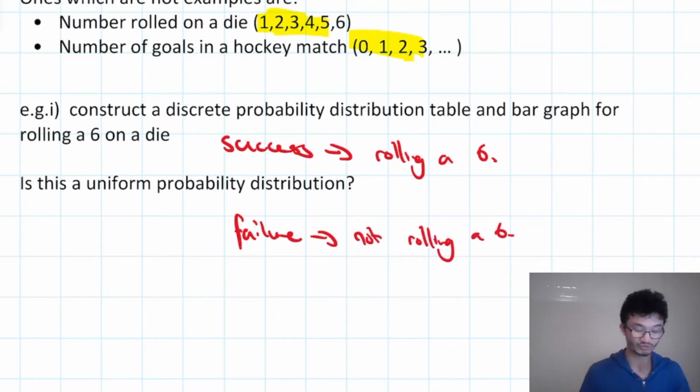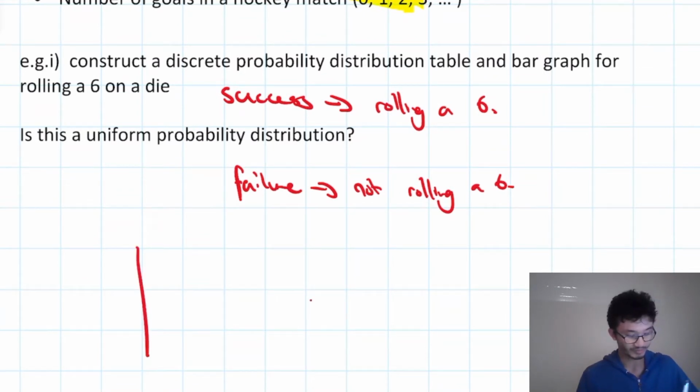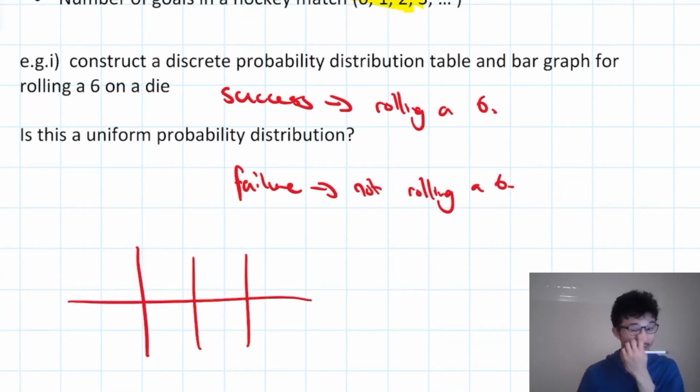So what does it mean to construct a discrete probability distribution table and a bar graph? Well, essentially, when we look at representing these Bernoulli random variables, there are many different ways we can do it. A table is a common way, right? So when you think about a table, think about a few things. First of all, what are the outcomes that you can get? In a Bernoulli random variable, there's only two things. You can either have success or failure, and represent that using 1 or 0. So that's the first thing I want to put in. So the first thing we put in is, okay, this is our sort of score, and so we can either get 0 or 1. Remember what that represents. It represents success and failure.